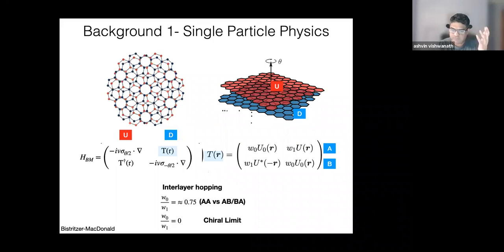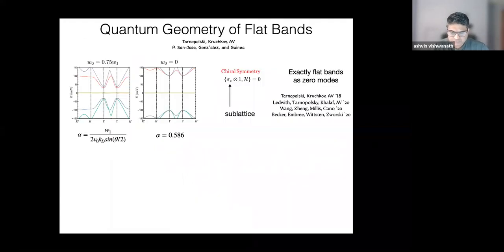That's sort of a fixed point, if you like, a theoretical fixed point, where it's easy to understand the physics, and we can expand around that fixed point. Okay, and to some extent, the question is whether twisted bilayer graphene is really within the radius of convergence of this expansion, so that physics that is morally similar to this chiral limit holds for the realistic system. Okay, so what is special about these flat bands? There's something about their quantum geometry that's rather special. So topological properties, but I feel this is maybe the best way, the quickest way to introduce this.